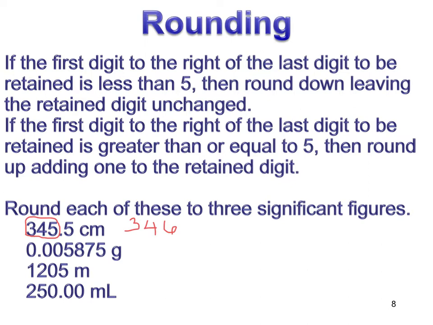we start counting significant figures at the 5. So the 5, the 8, and the 7 are the 3 significant figures. Cutting it off there will give us 0.00588 rounded up. Next one,